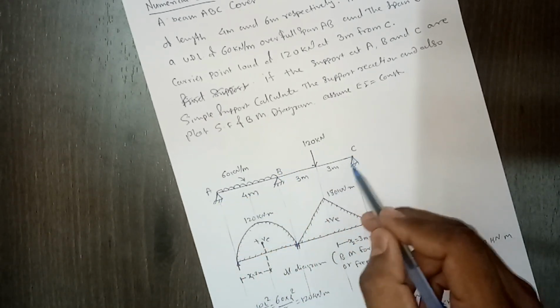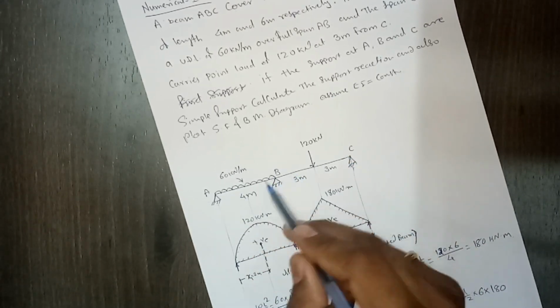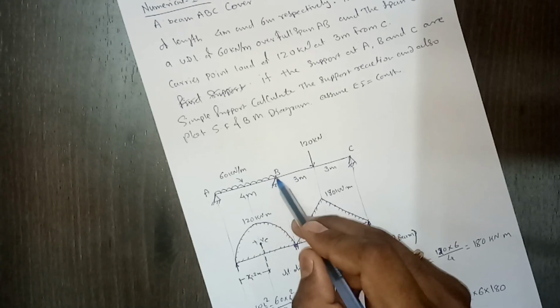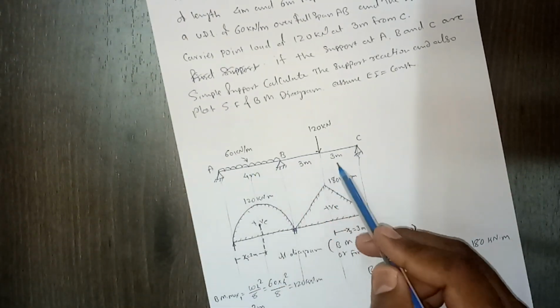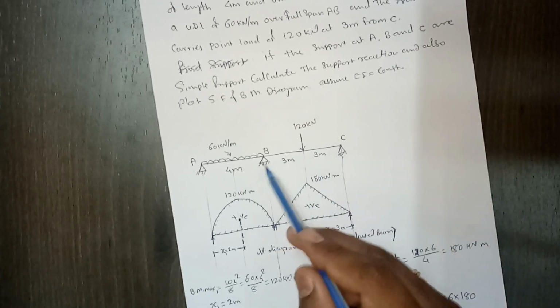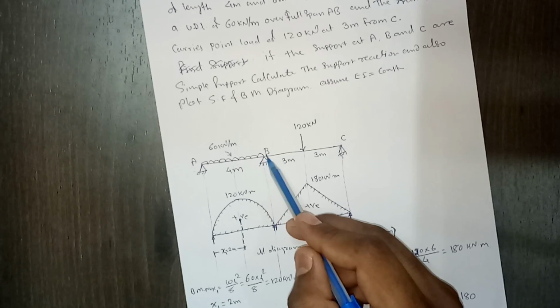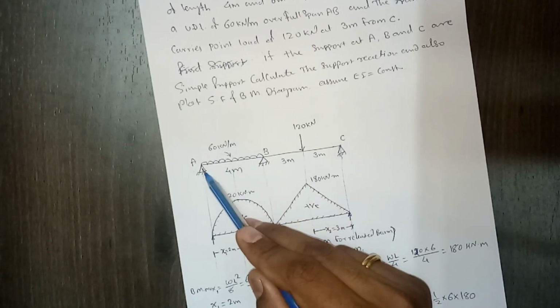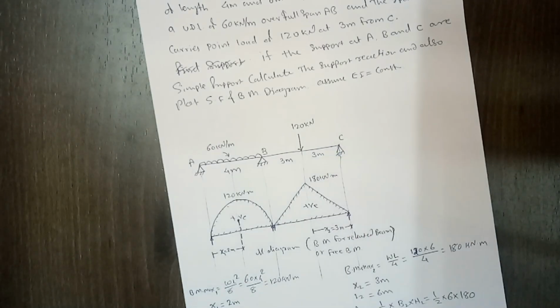right? So here it will allow the rotation, here it will allow the rotation, but because of continuity there will be internal moment. Now we'll solve this problem using Clapeyron's three moment theorem. So if you understand, here we'll have only one unknown, that is MB, since the moment at A and moment at C will be 0 as they are end simple supports, right?